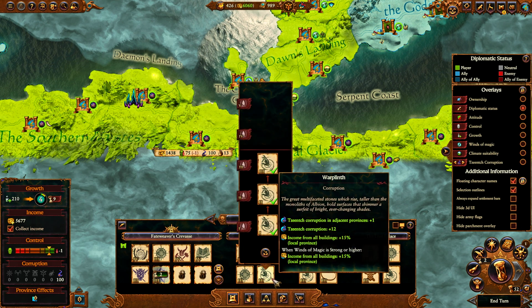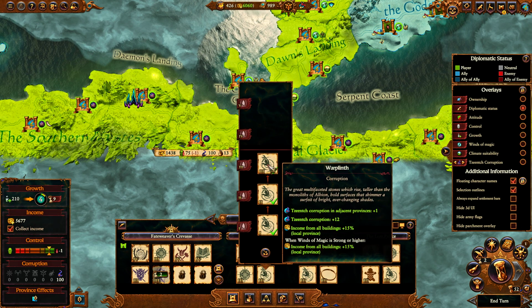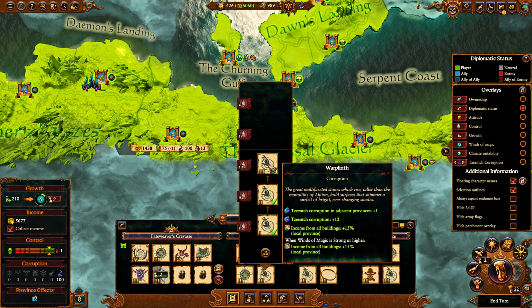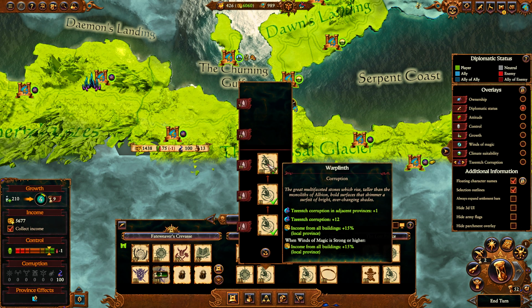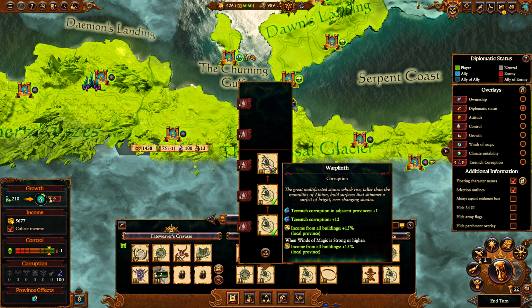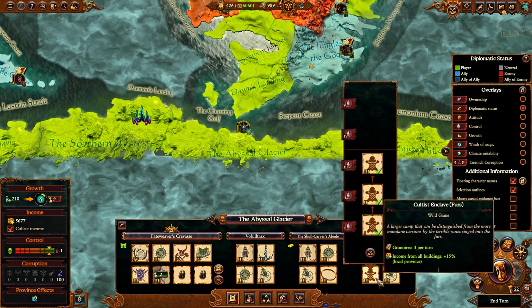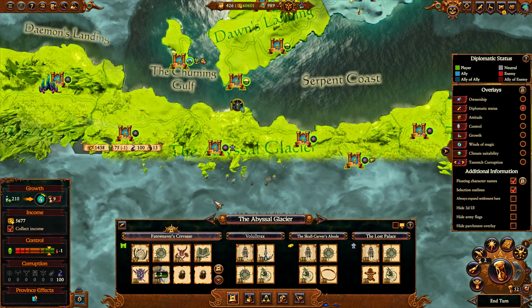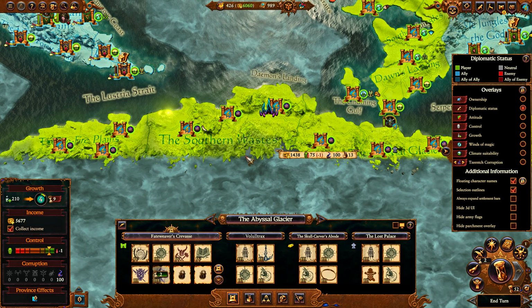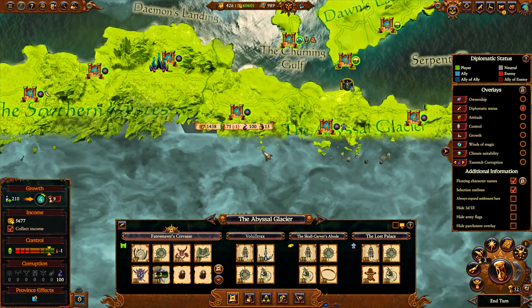And then you can buff this up with the Warp Lymph. This gives you up to 30% income from all buildings in the local province: 15% if you don't have Winds of Magic, 30% if you have strong Winds of Magic. This does end up working, and you do end up having a significant economy, but there's a lot of effort put into it. Like this province over here, the starting province that I have,